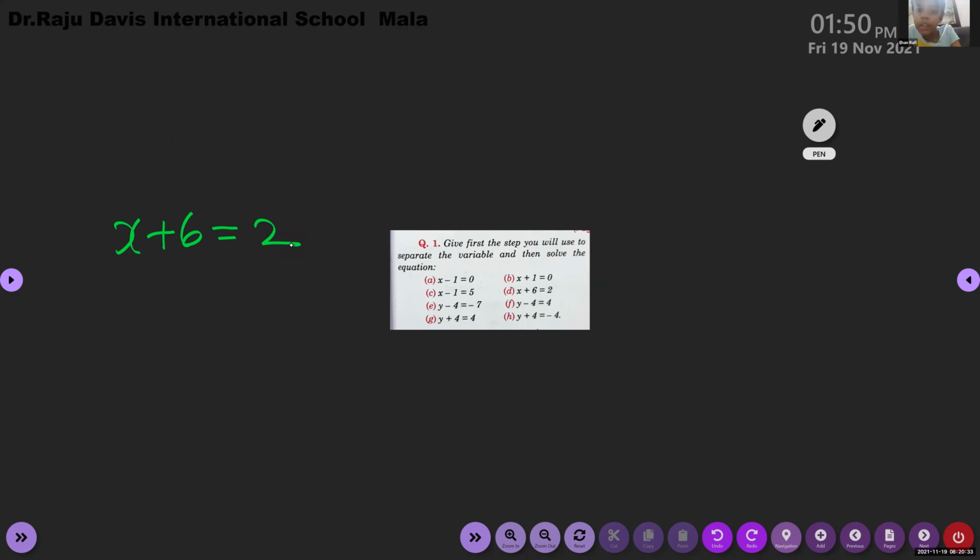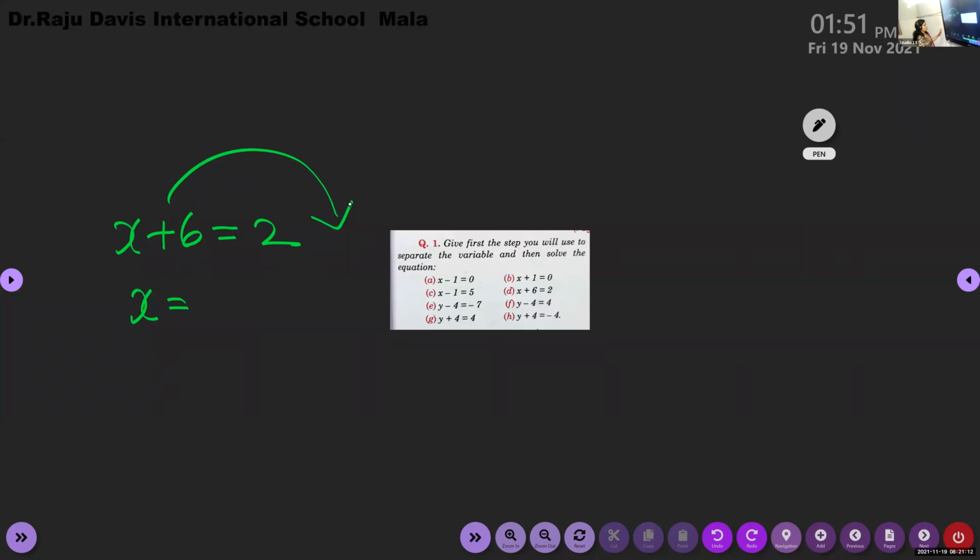x plus 6 is equal to 2. How will you do it? By transposing? Ma'am, can I tell? Yeah, wait. Yahan, tell me. First you say x plus 6 is equal to 2. Then next step. x is equal to 6 minus 2, equal to 4. Then how come 6 will be the first one? 2 is already there. You cannot shift it. x is added on the left side, so when you take it to the right side, it becomes? Ma'am, 4. x is 4.